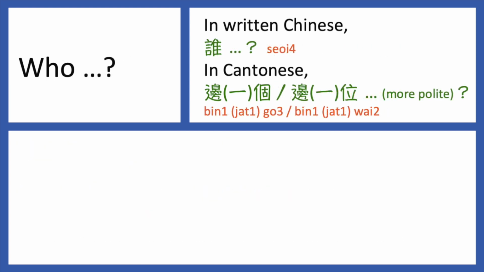Who? In written Chinese, we say 誰？ In Cantonese, we say 邊個？ Or a more polite way, 邊位？